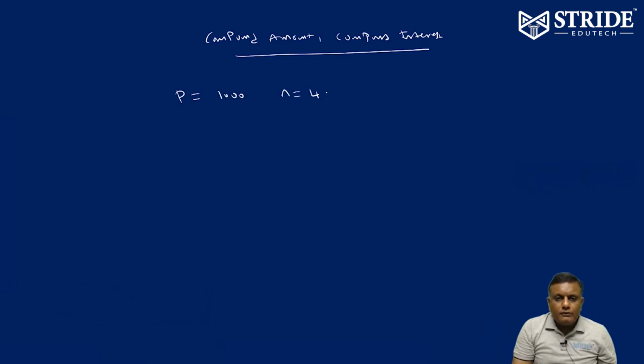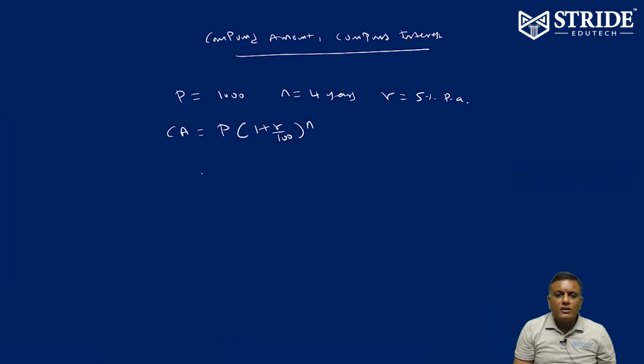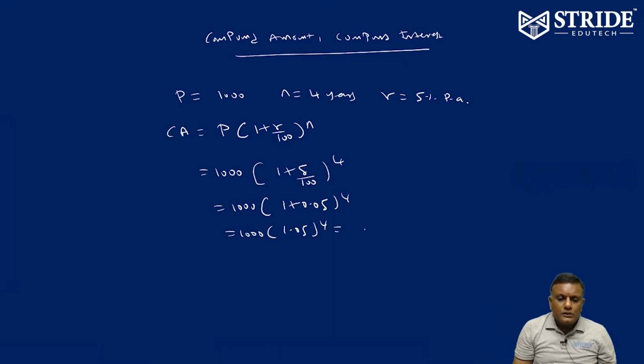Number of years 4 years, rate of interest 5% per annum. Then compound amount is equivalent to P into 1 plus r by 100 whole power n. So principal 1000, r by 100 is 5 by 100, whole power n is 4. So 1000 into 1 plus 0.05 whole power 4. So 1000 into 1.05 whole power 4, that is equivalent to